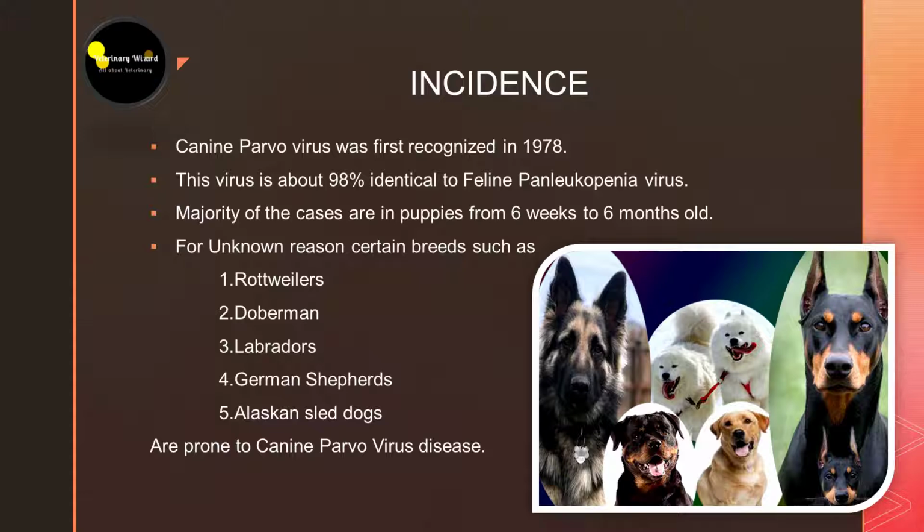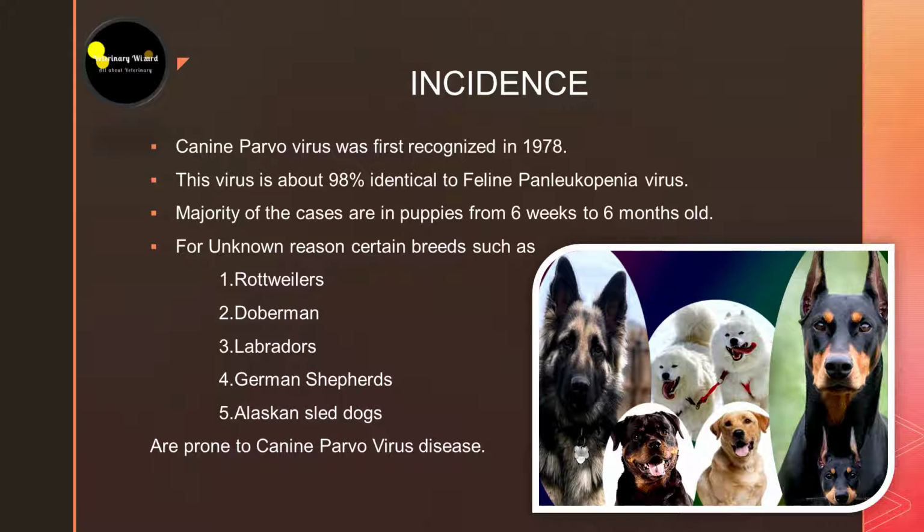Let's move towards the incidence of parvovirus infection. So canine parvovirus infection was first recognized in 1978. And this virus is about 98% similar to the virus that causes feline panleukopenia in cats. But mostly puppies of age 6 weeks to 6 months are affected. There are also some breeds such as Rottweilers, Dobermans, Labradors, German Shepherds, and Alaskan Sled Dogs that are more prone to